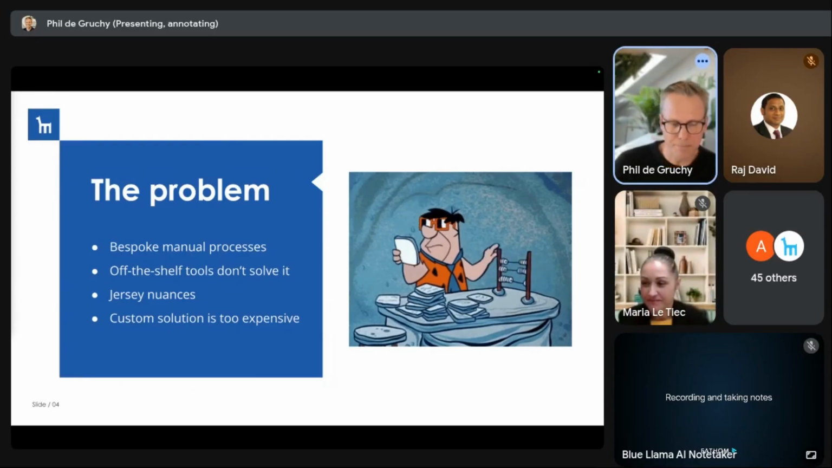So there might be some SaaS software, UK-based or American-based. You've tried that, but it's too rigid. It doesn't really fit, and you have to change your process to fit the tool rather than the other way around. There's also things like Jersey nuances, like we have different tax over here, we have different laws, different regulations, supply chain, all of these kind of things mean that a lot of these tools don't quite work for Jersey